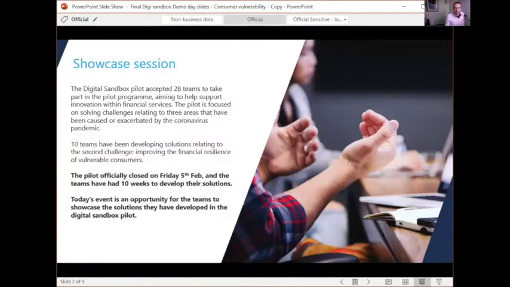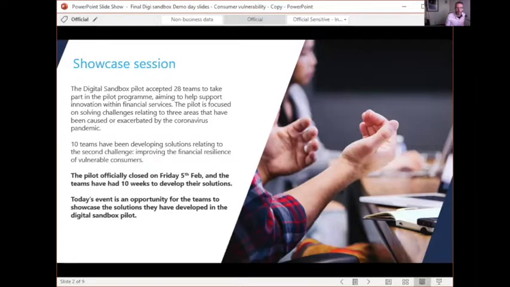Over the previous 10 weeks, 28 teams have taken part in the Digital Sandbox Pilot. The pilot's been focused around 3 use cases relating to issues that have been caused by or exacerbated by the coronavirus pandemic. 10 teams have been developing solutions relating to the second challenge, that being around improving the financial resilience